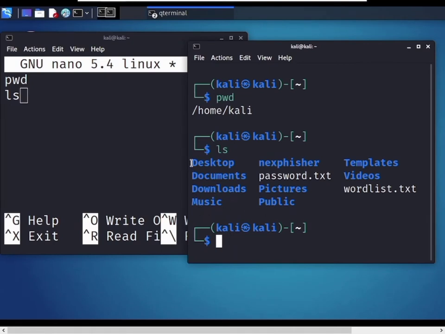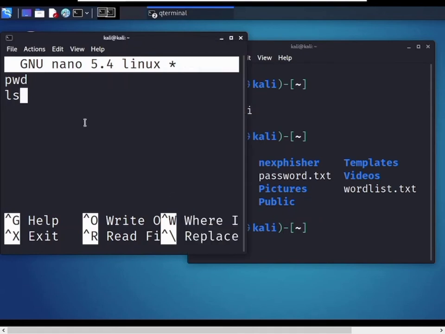They are all listed in the home directory.